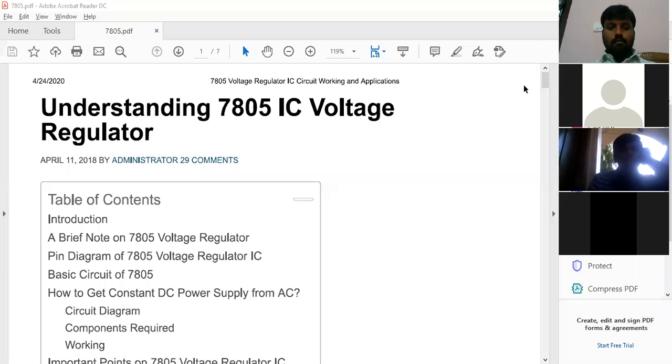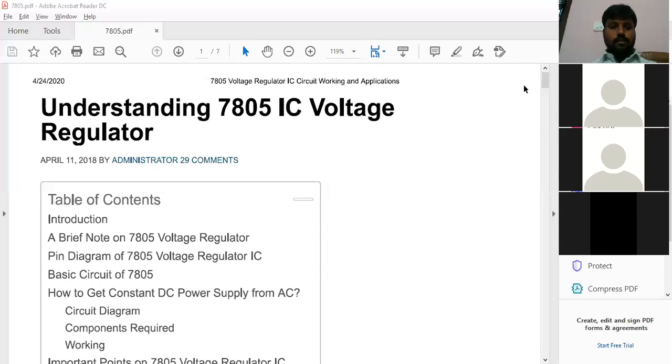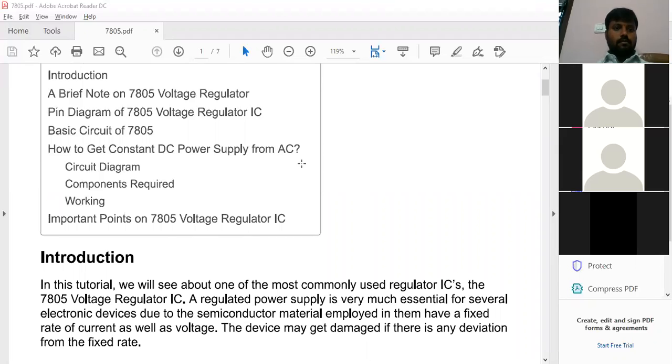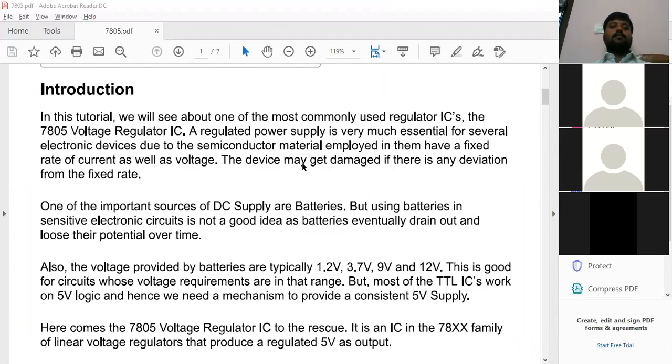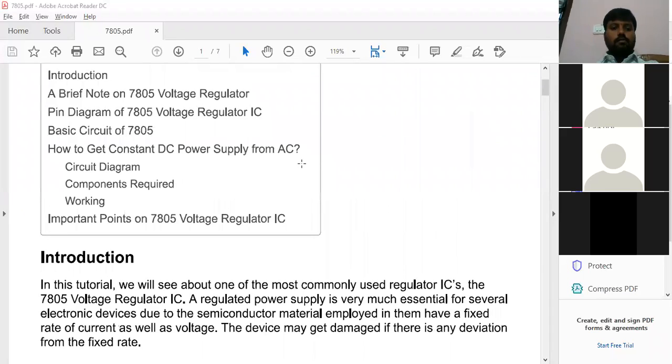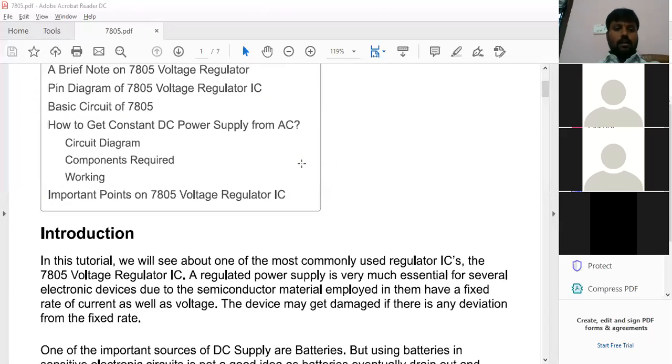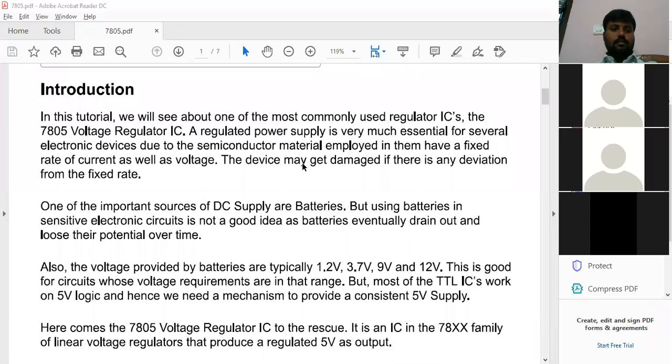Okay, right. And now let us go with the understanding of the 7805 IC. What is the 7805 IC? In your textbook, it is given 7805. Of course, you can directly write 78XX, and the circuit is same for all the series. The circuit is same for all the voltage regulator IC series. And now what kind of IC it is.